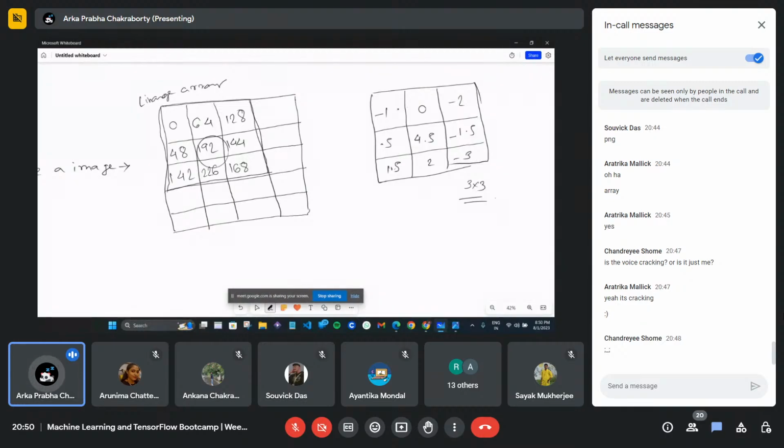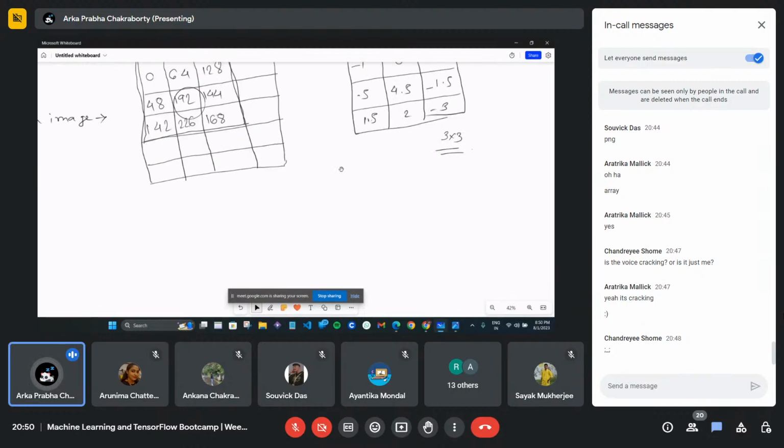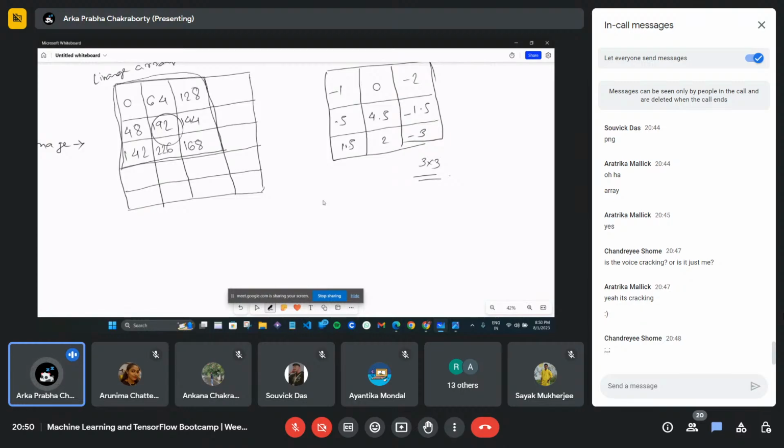If I'm done with this part, with my kernel being 3 cross 3, now I have to change my position.